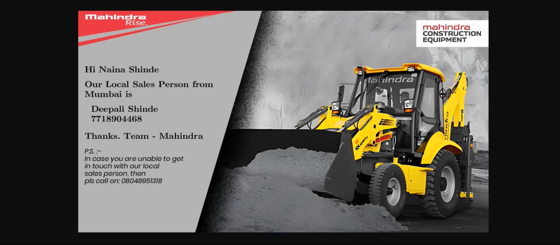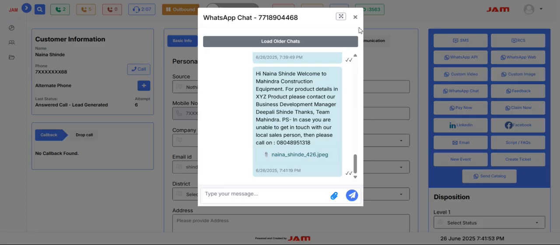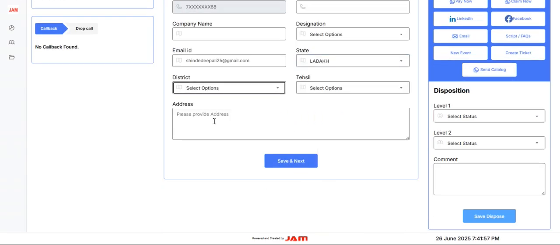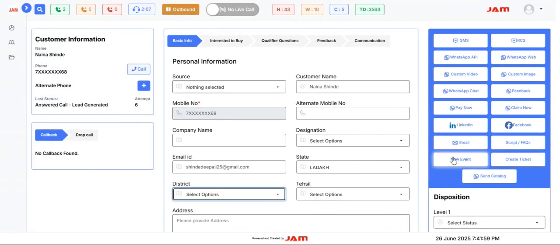Such a template will be delivered to the customer where your customer name is customized and the salesperson name and number are mapped as per state, district and tehsil. Currently we have a static name and number, but this can be changed based on state and district mapping, or even pin code mapping can be done over here.